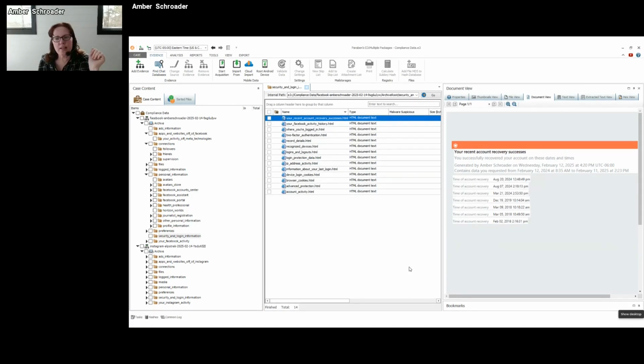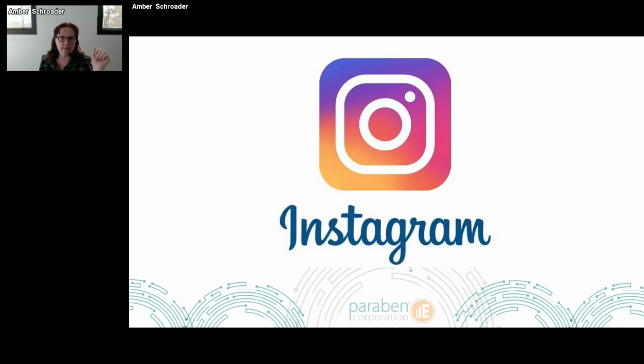And the last one, of course, our account recovery status. So this is an interesting one. I'm sure many of you know I do a lot of different stalking cases. I do a lot of them pro bono. And one of these reasons I like this particular data is it tells me if someone else is trying to gain access into their account. So this can be important for me in the context of my case, but I can't get this information from the app from a direct acquisition or from a cloud acquisition. I have to get it from that compliance data source. It's one of the reasons that's what makes that last part of that 360-degree perspective on our smartphone forensics. Let's take a quick look at that Instagram data as an example.